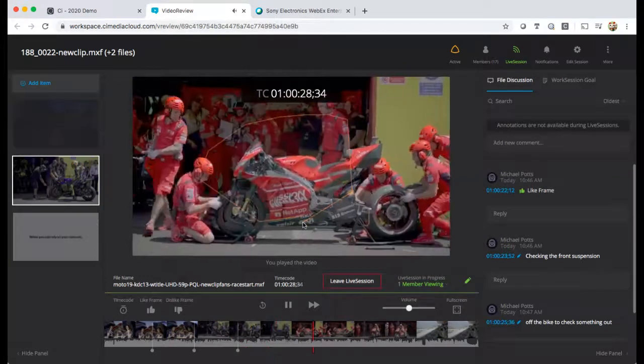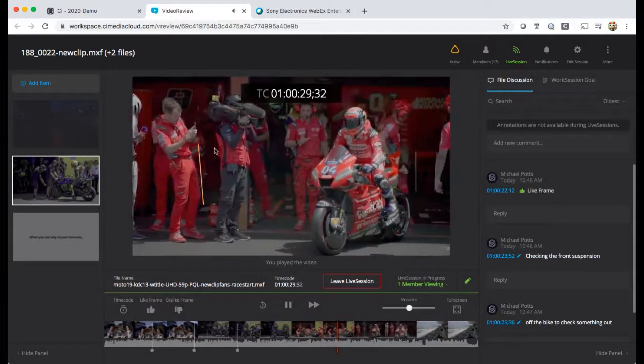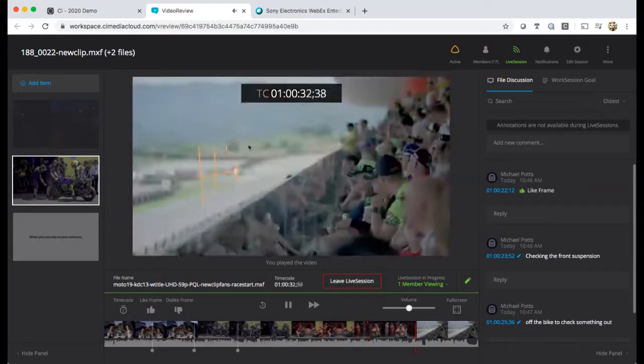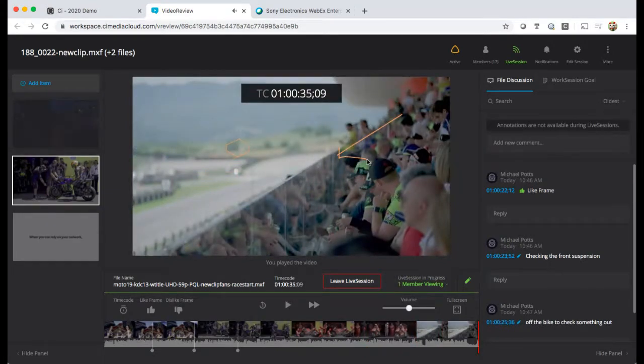And they'll dissipate away. They could actually draw, write something, point at something where they want to. And again, if anyone else joins me in that session, like if Mark's able to get in there, then he would be seeing exactly what I'm seeing. Or if he took control, I'd be in synchronized playback, watching what he's playing for me. So he's pointing something out that I need to be aware of around our review, okay? So that's a very powerful feature and very handy, and all within a web browser without having to have anything